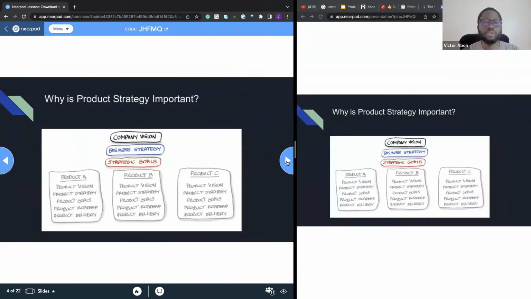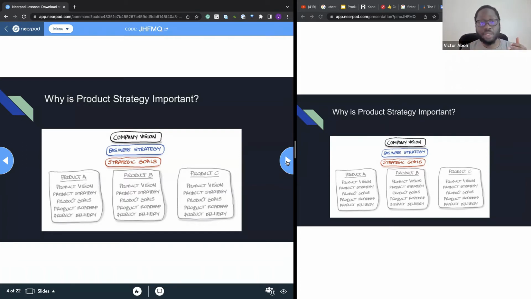Why is product strategy important in the first place? I really like this graphic because it puts all the craziness of running a company in some sort of order. And we see that where that starts is with the company vision. Great companies have a vision. They have something that they're trying to achieve, a way that they're trying to change the world. And that vision is clear, it's crisp, it's direct, people know it, it's not ambiguous within the company.